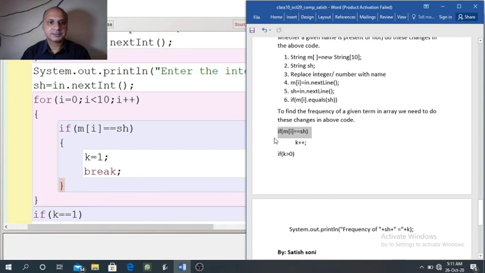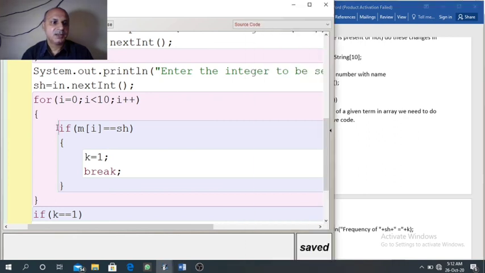Now you can see here where we have applied the if statement. If mi double equal to sh, after that k plus plus is required. In the previous program, we had mentioned k equal to 1 and break, two statements.